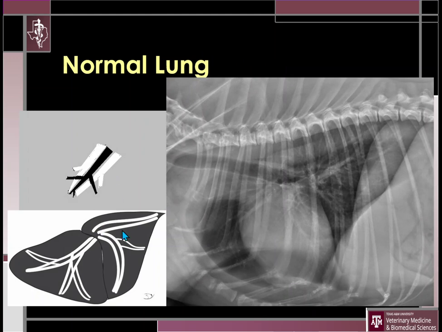I'm going to use these drawings to depict a normal lung and try to illustrate abnormal lung. So in the normal lung, we have the pulmonary vessel, so we can see the artery, the bronchus, and then the vein. The bronchus is typically between the artery and the vein, and the artery is going to be cranially located, with the vein caudally located, and on a ventrodorsal view, the artery will be laterally located, with the vein